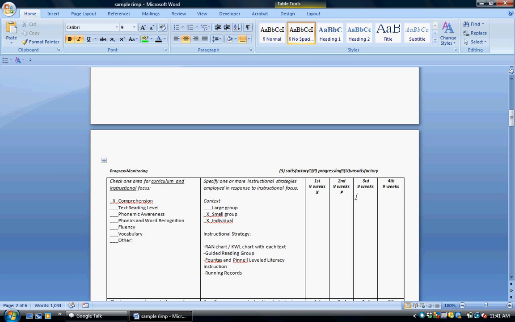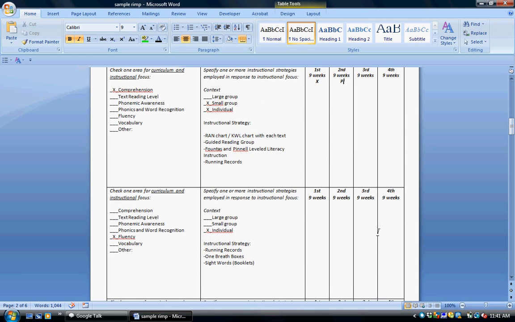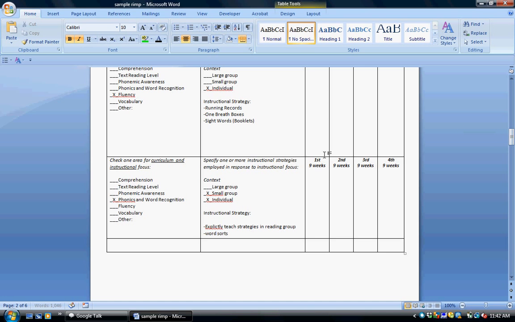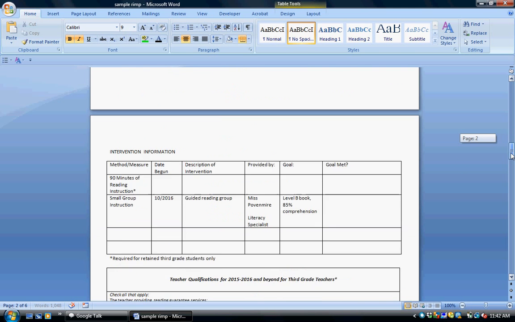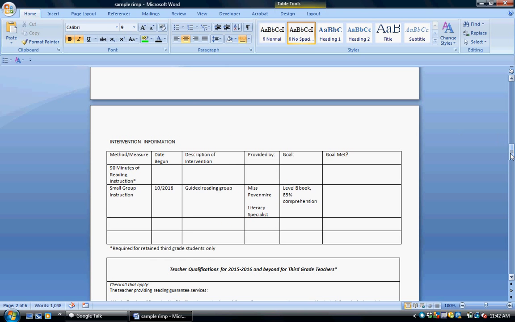So he is progressing. Alright, his fluency, since we didn't take scores that first 9 weeks, he gets a big X. He is progressing. Again, first 9 weeks, didn't take scores, but he's still unsatisfactory in this level. And that's okay, that gives us something to work on. Alright, so we don't change any of this except for we add to this. So as of 11/2016,